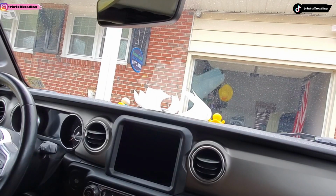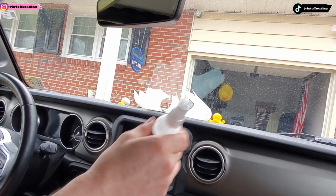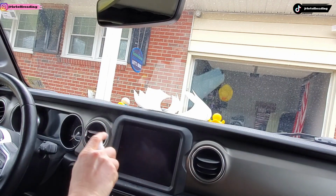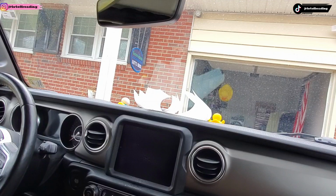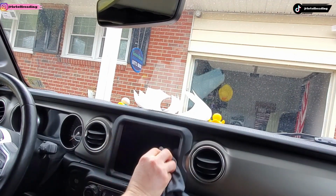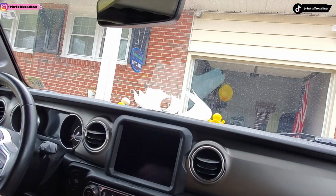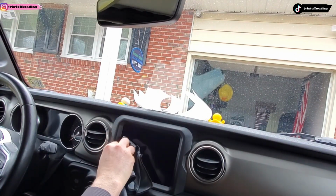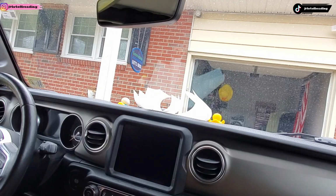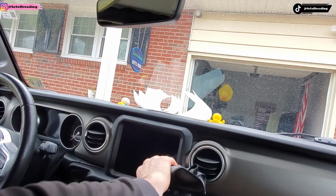All right, you guys, so we're gonna make this really easy. So step one, mist the surface of the car, wipe surface with supplied cloth. So we're gonna go ahead and shake this up. We're gonna mist the surface. And we're gonna take the supplied microfiber cloth, and we are gonna get this all wiped down so we can get any fingerprints or, you know, all that gobbledygook on there, and we can get it off there. So let's make sure this is, we want to make sure there's no dust as much as possible